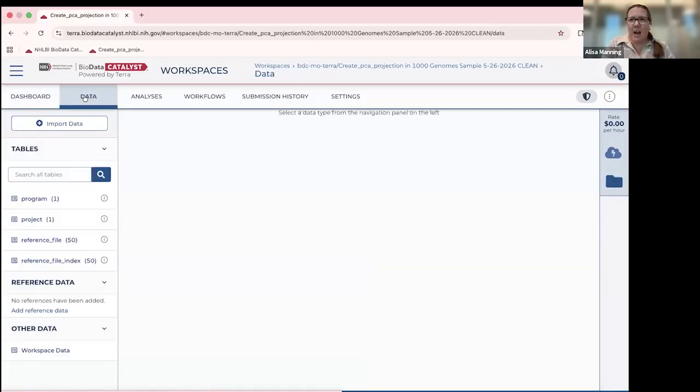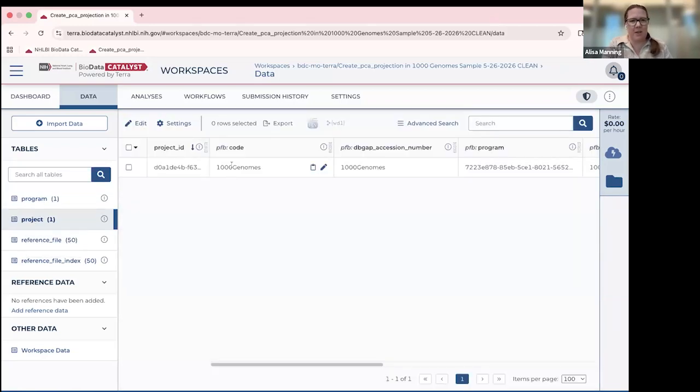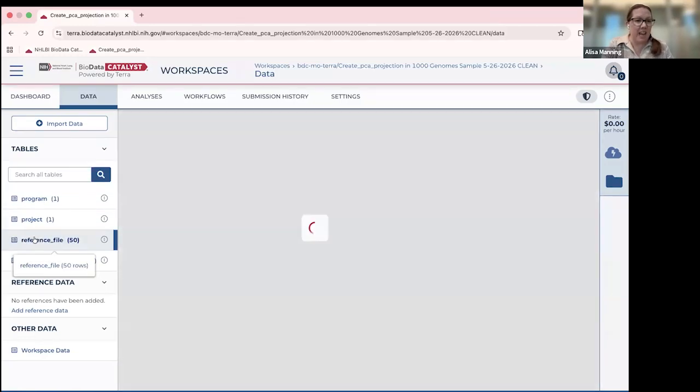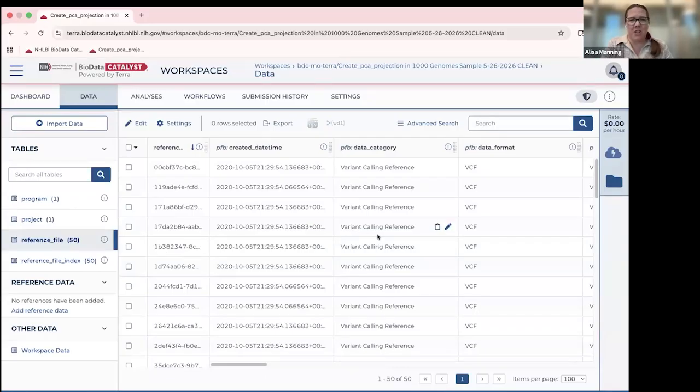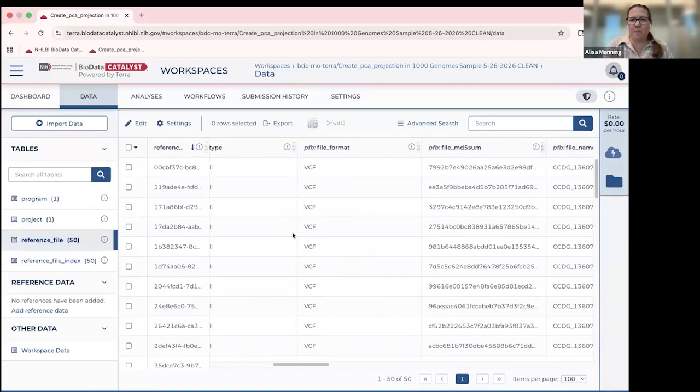Now, if I click on the data tab, we're going to see a series of tables here. And I'd like to map or relate this to what we saw in the Gen3 platform. You'll see that there's a table for program, and this is listing our open access, a table for project, we have 1,000 Genomes, and a table for reference files, which you'll see is a large table with lots of